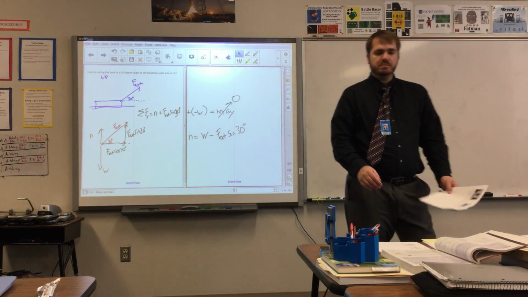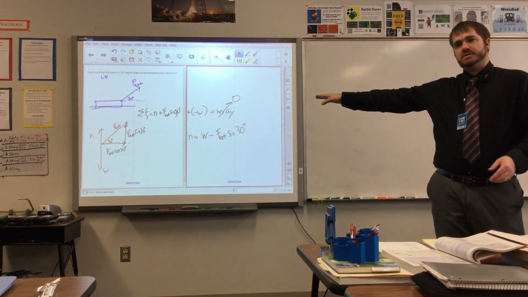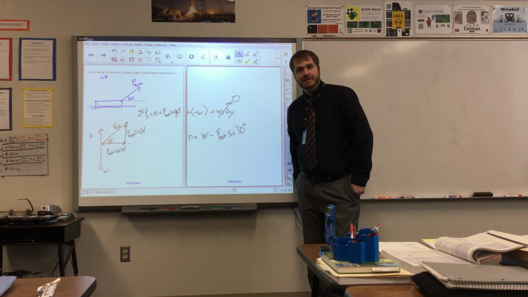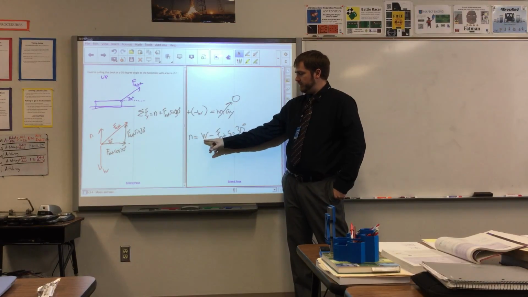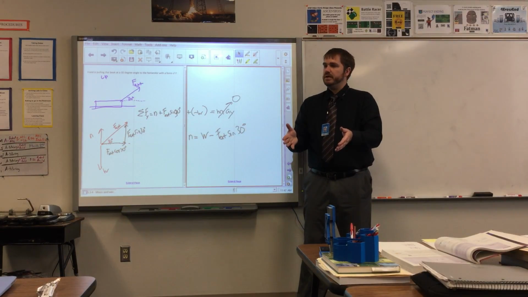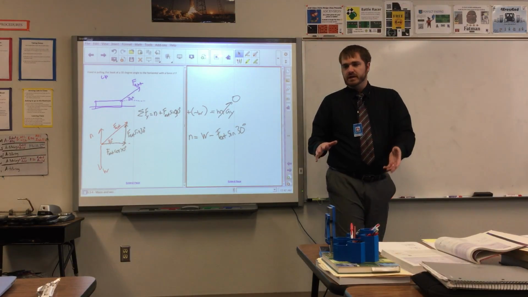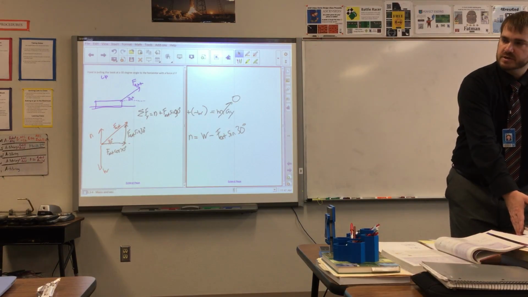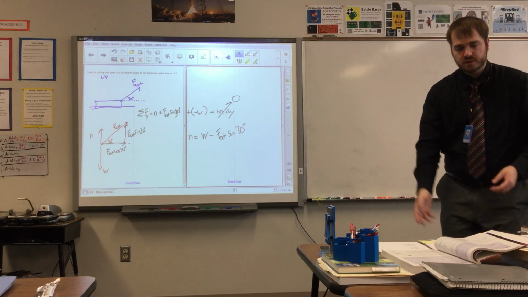So talk to me about how this book feels as I'm pulling on it with an upwards angle. How does it feel, based on that normal statement right there? Its normal force is a little bit less. It's weight minus the amount that I'm pulling up on it, okay? So it's going to feel a little bit lighter, okay? All right, now, that's going to affect some other things that we're about to find out. So, I'm pulling it up, its normal force is a little bit less. That can be kind of helpful, okay?